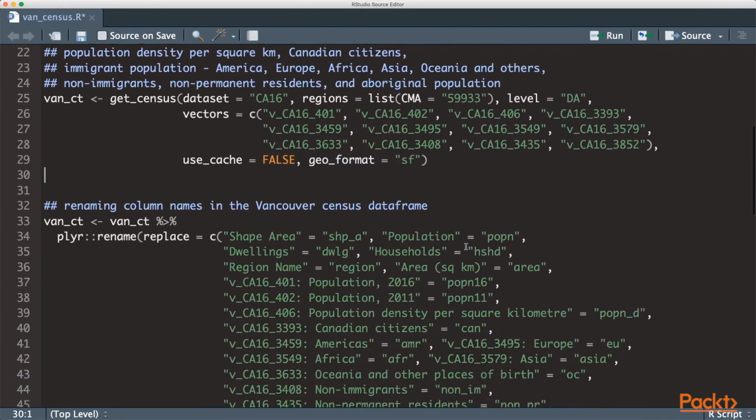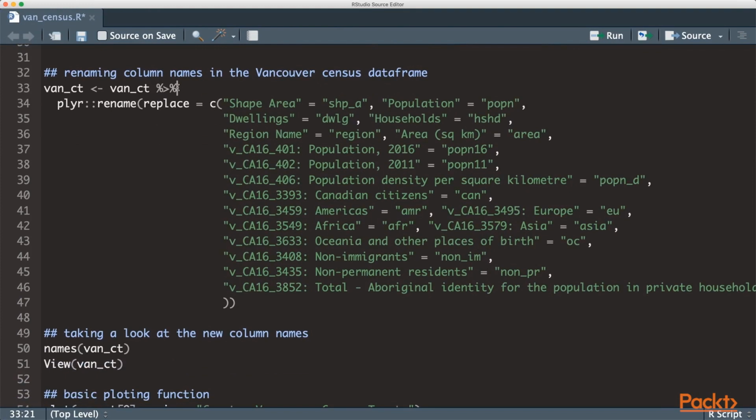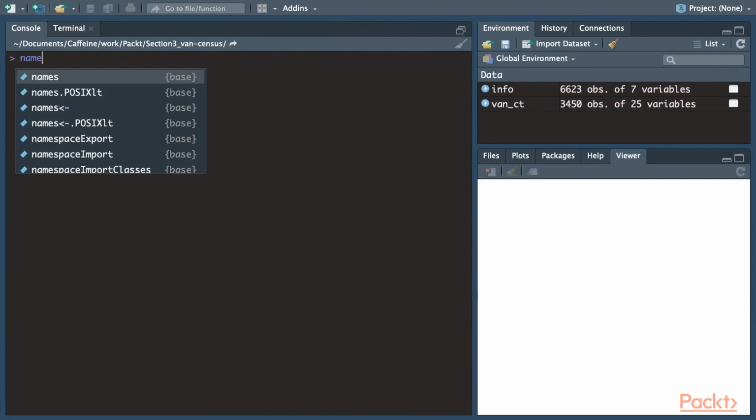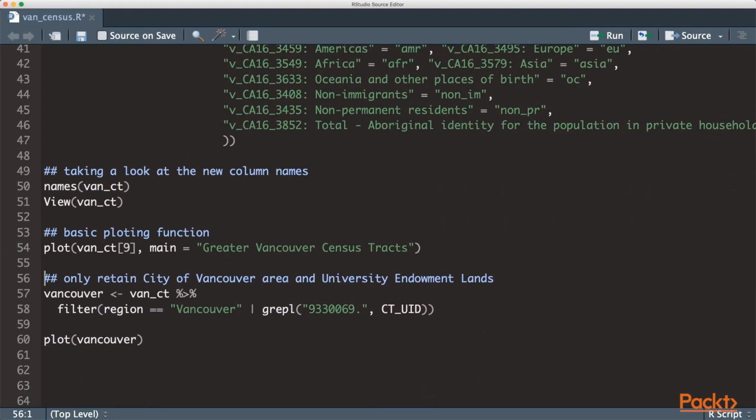We saw just now that the column names are quite complex and a bit messy, which is troublesome for the computer to process. We will simplify and change the names without any space in them to a more consistent and machine-readable format. Now if we go names to data frame, we can see that the names are tidier. We can plot out the spatial file that we just acquired using the base R plot function,